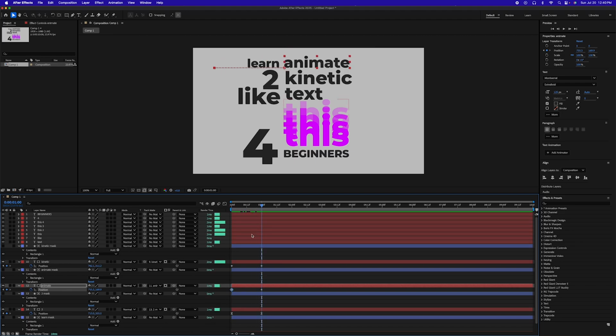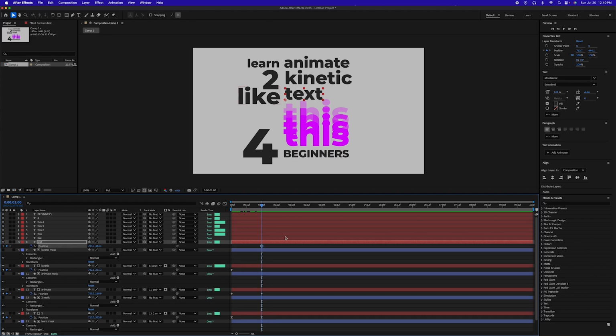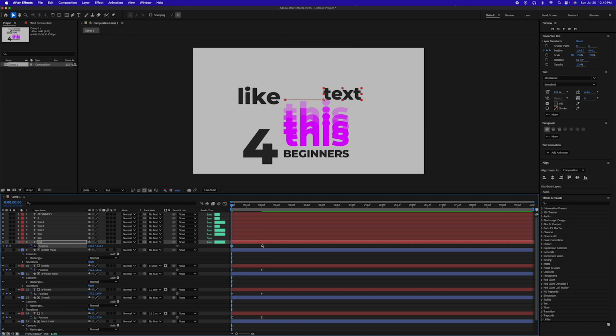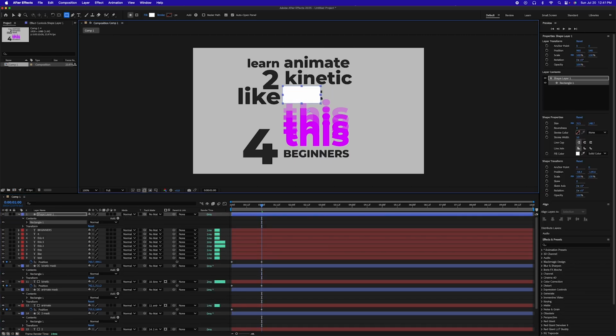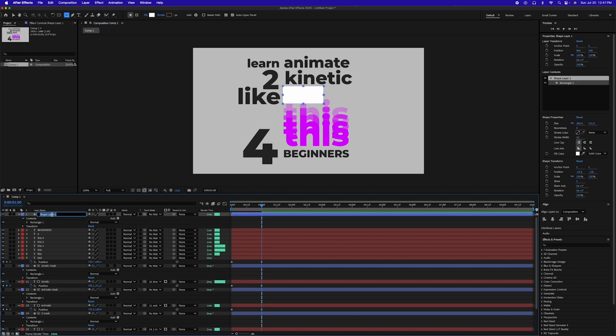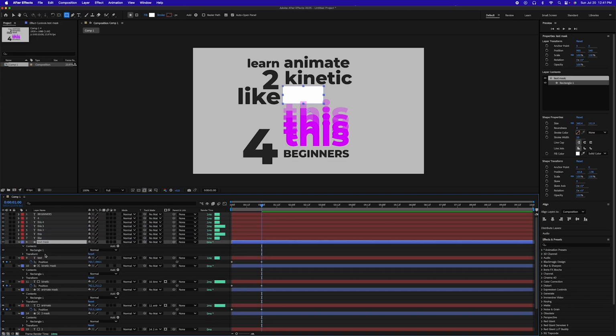All right. Let's continue. Text. Option P for another keyframe. Go back to the beginning of the timeline, and then we're going to move this one over to the right. Just like that. Again, go back to the rectangle tool, deselect everything. Let's go back to the 1 second and just draw where I want this. Rename this text mask. And then bring this back down. And then under text,